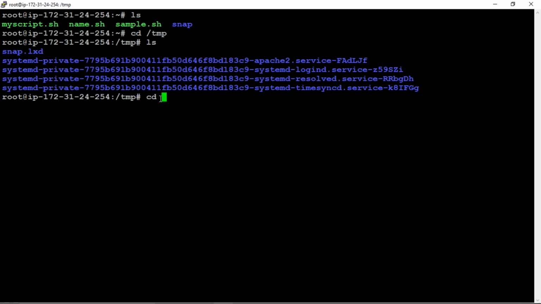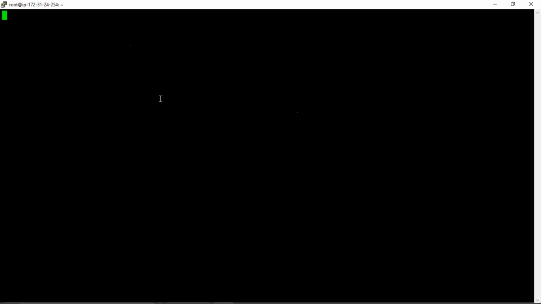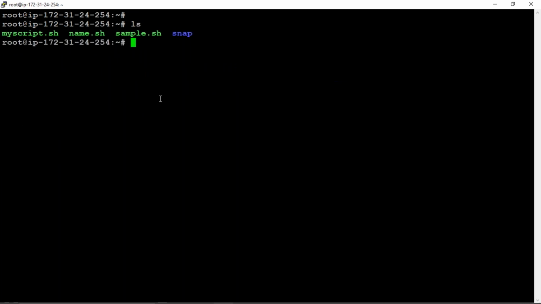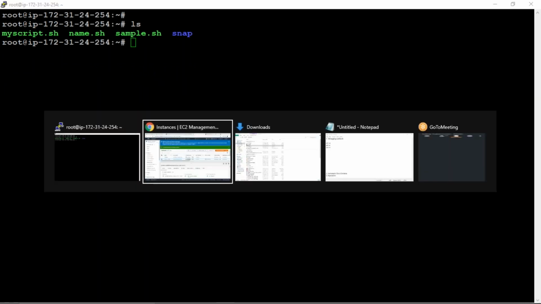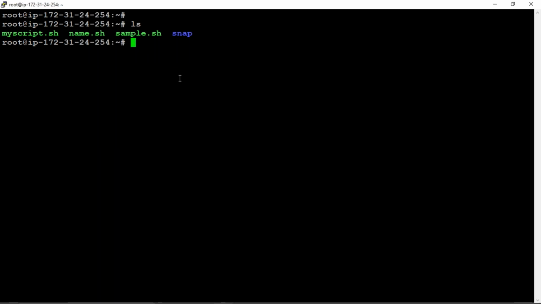Now I'm getting back to the root directory: cd space dot dot, and if I type ls there, I need to do this: sudo space su space hyphen. I'm clearing the screen, ls. Those are my files. Now, what are the topics that we are going to discuss today? These are the debugging methods, and we need to do that.